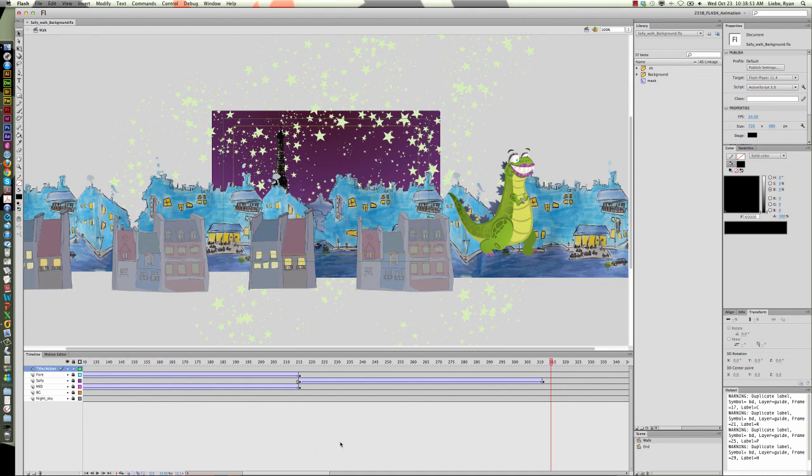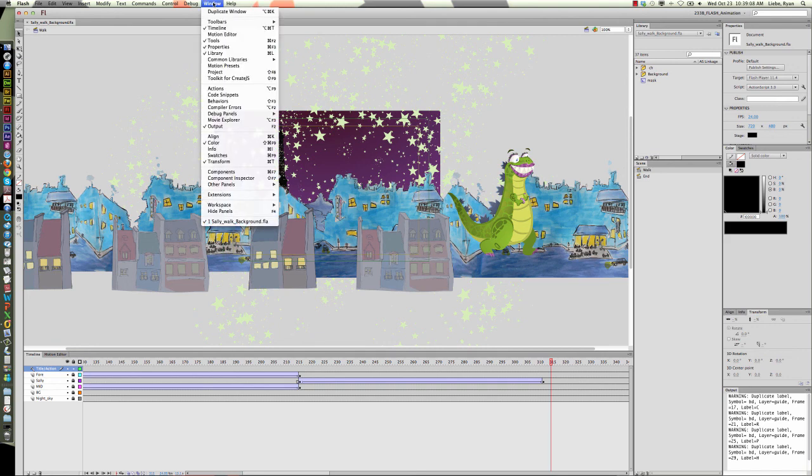Now, you might not have your scene window open like I do on my workspace, but it's easy enough to find. So first you need to go to your window button here up on the file bar, and here we're going to go down to other panels, and it's down towards the bottom, and in there you'll have quite a few, like accessibility, history, scene, strings, web services. Really, we just want to focus on scene. Mine is already checked. If yours is not on your workspace, it will be unchecked. So you'll definitely have to go to other panels found in window up at the very top on the toolbar,